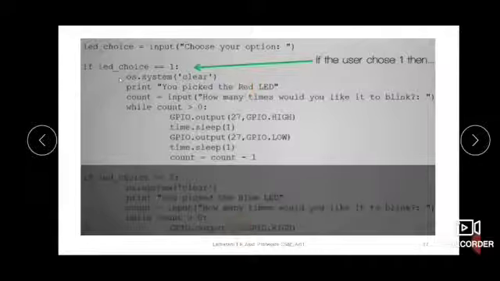Here we are taking the 17th pin because we are taking the blue LED, and 17th pin is made high for 1 second, and again it is made low for another second, again count is decremented. So like that it goes on. Same way with 17th pin will be executed.